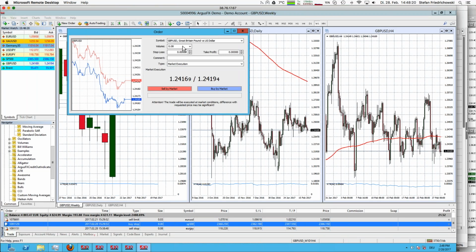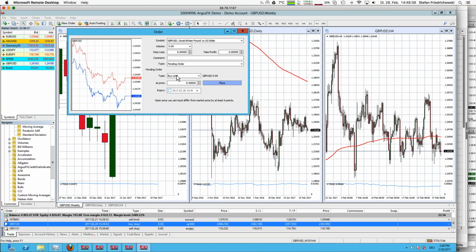So let's do everything here. Volume to start with is 0.09. It's not market execution, it's a pending order, and that pending order is a sell stop order because we want to trade to the south. And now we can set, or we can write in all our limits. So last week low was 1.23991. And stop loss was calculated to 1.24552, and take profit was calculated to